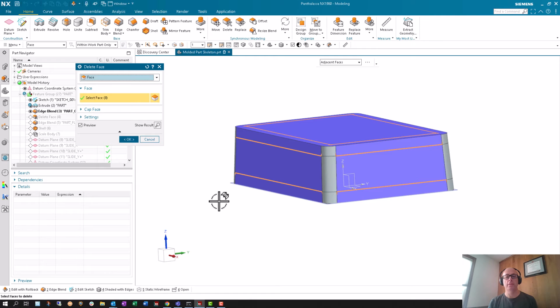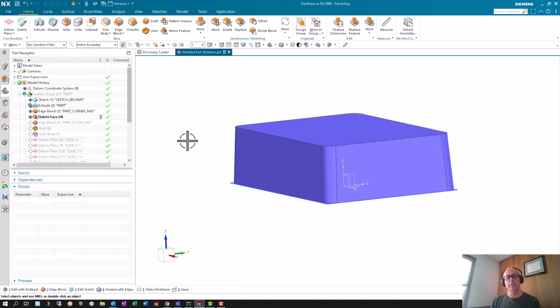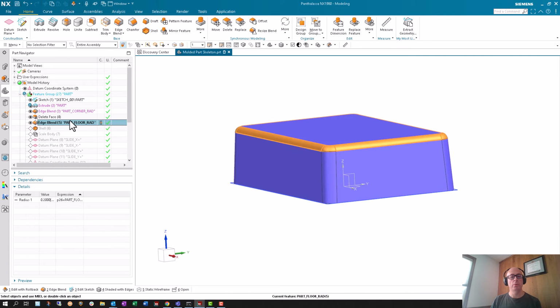So it's basically adjacent faces deleting the top and bottom radiuses with a face ID that won't break. And so this gets us down to the four corners. So now I can do